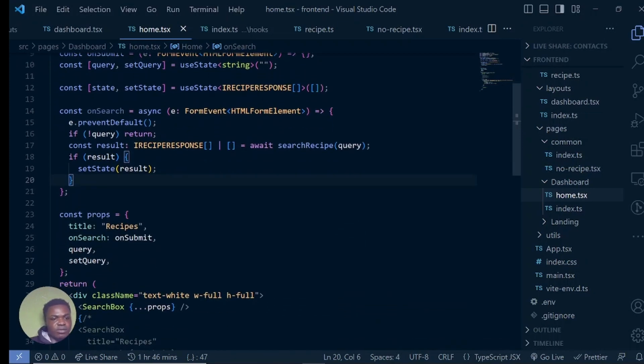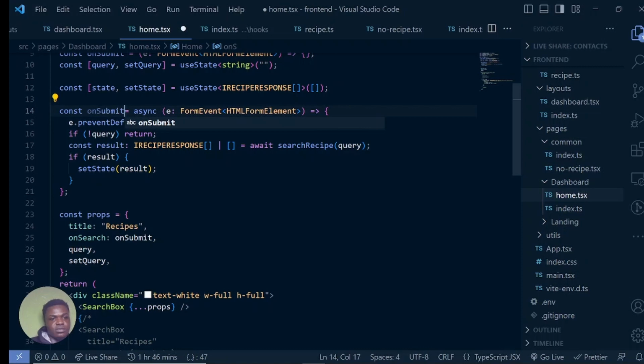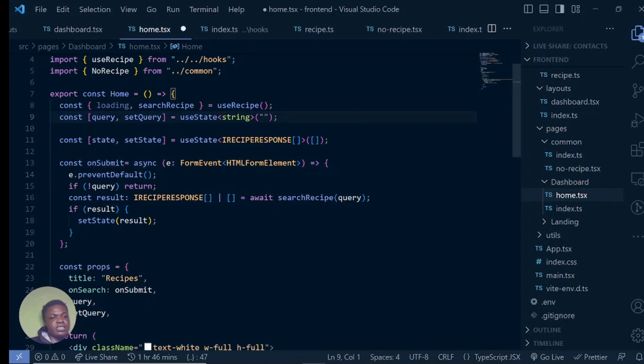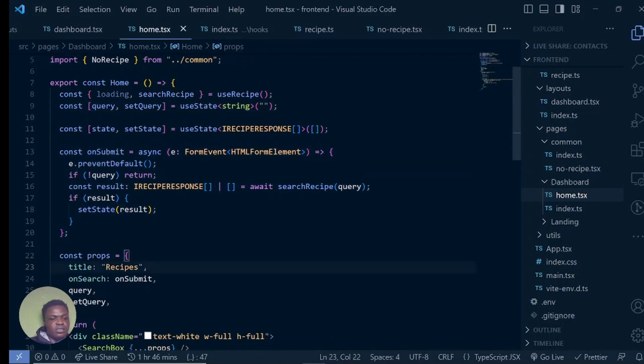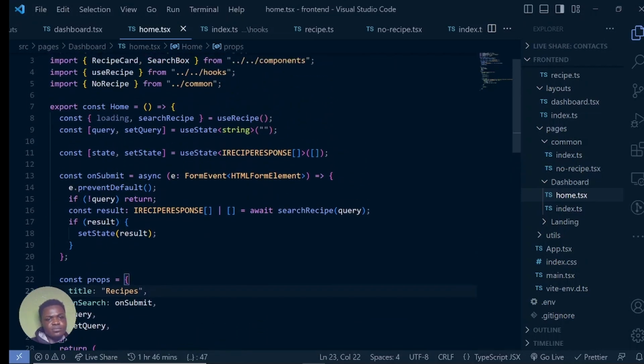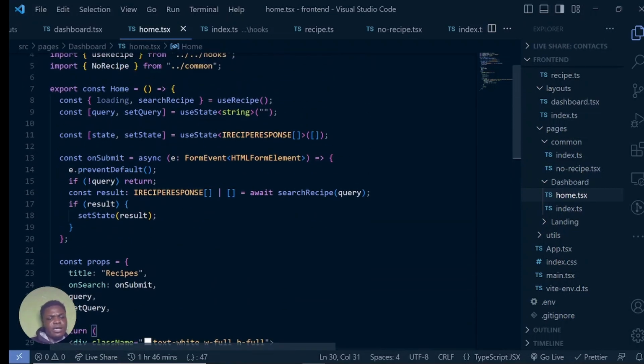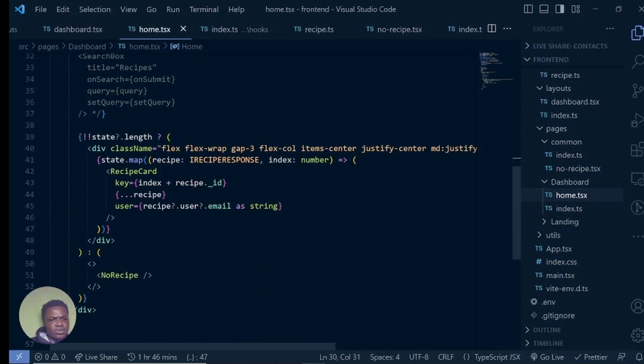So I think we call it actually onSubmit, not onSearch. But we have another onSubmit somewhere else. Okay. Seems like I created another onSubmit. So I'm just going to take out this one here, because what I wanted to implement there is just what I have done here. So that is that. Now, all we have to do is, what do we have to do here? I think that's all. So with this now, we are able to search and we can go back to